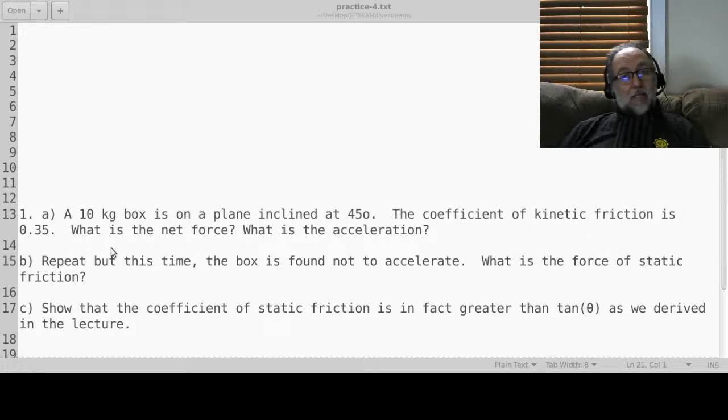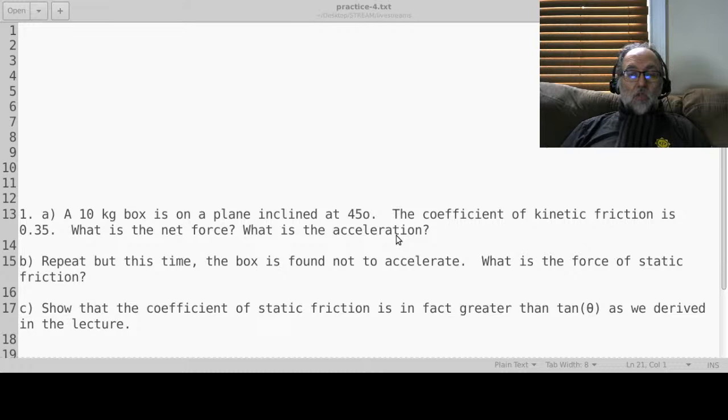So my first problem is a single box, but on an inclined plane. I'm not going to do a box on a flat surface because that's kind of trivial. But this is a box on a plane which is inclined. So a 10-kilogram box is on a plane which is inclined at 45 degrees, and there's a coefficient of kinetic friction. Kinetic means that it's actually going to be moving. Okay, so the coefficient of kinetic friction is 0.35,